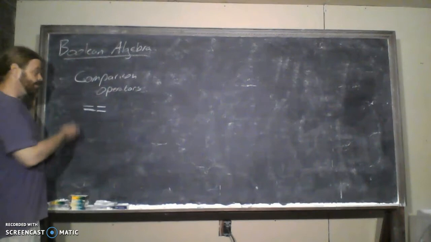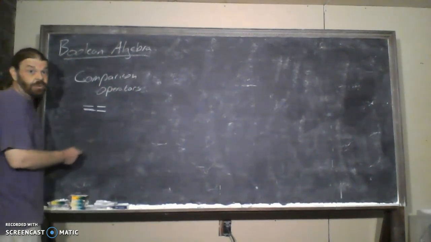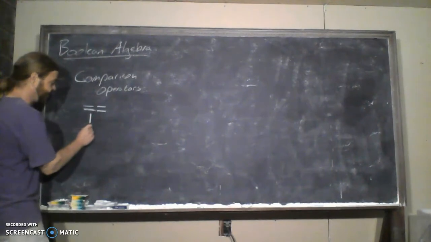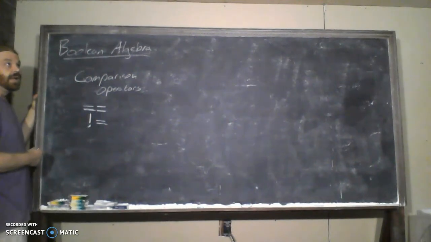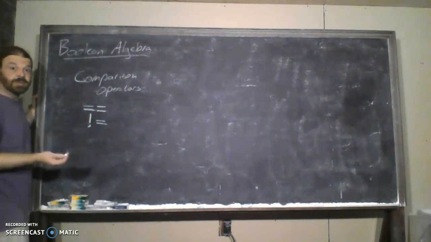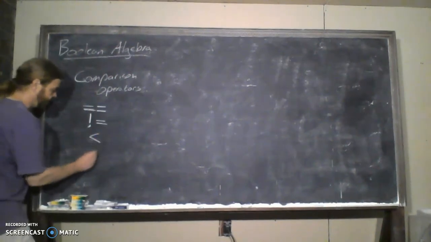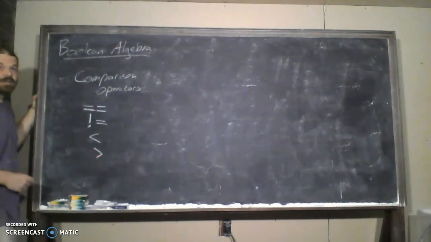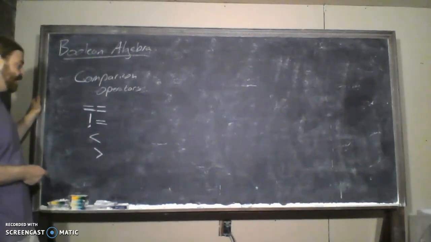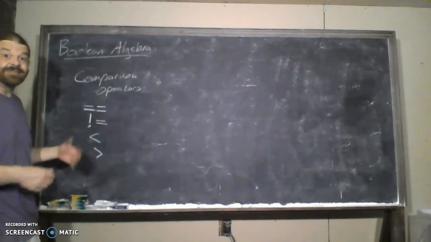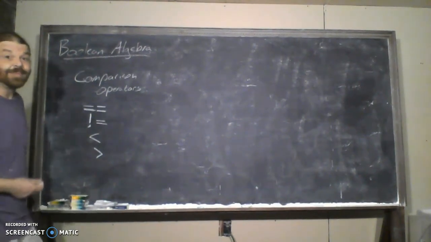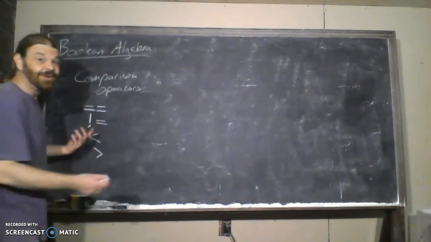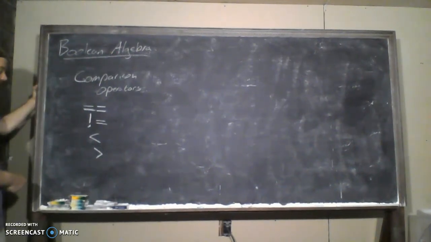Then we have equal to, or it could be not equal, which we have a symbol for, and just not equal. Then obviously we have smaller or bigger. So smaller or bigger, less than, greater than is the way we would say that in math class. But when we're trying to think through a situation and figure out the solution to a problem, less and more might make smaller or bigger, less and more. Those words might make a little more sense. But we also have that